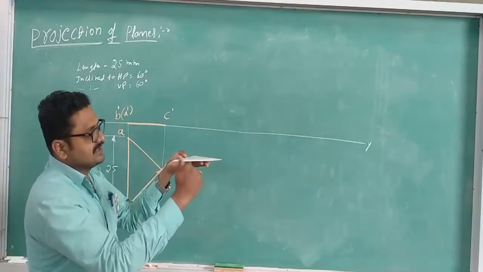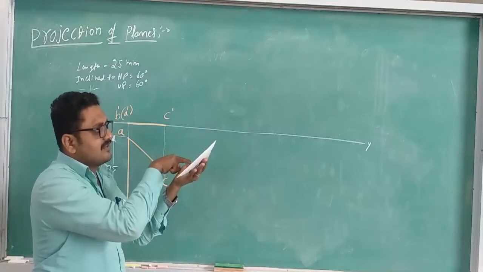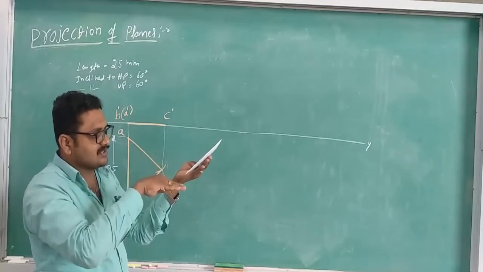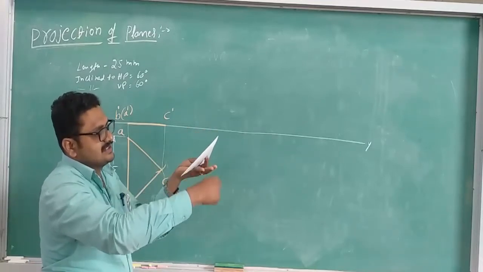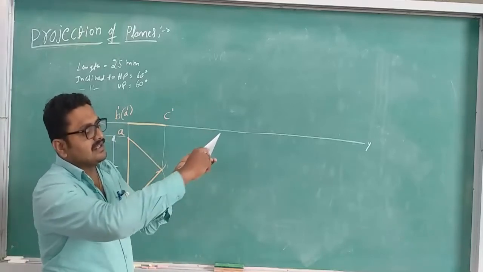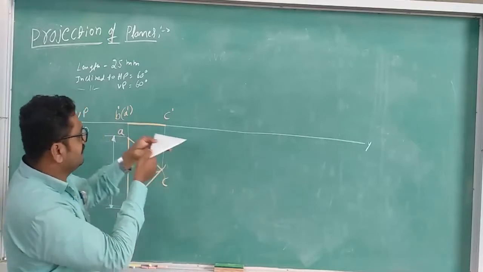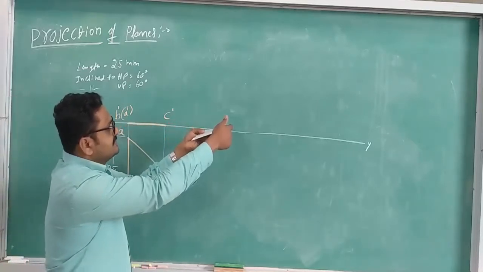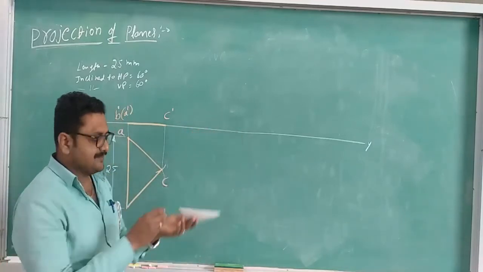Now this surface, the entire lamina, is inclined to HP at 60 degree. We need to tweak such that the first condition should be retained. This side will be resting on HP, but this lamina makes 60 degree inclination. The inclination to HP will be shown in the vertical plane. That's why we will take this straight line and keep the edge and we will lift the C dash such that it will make the 60 degree inclination.